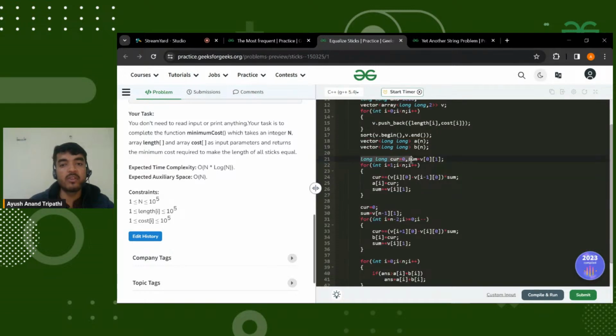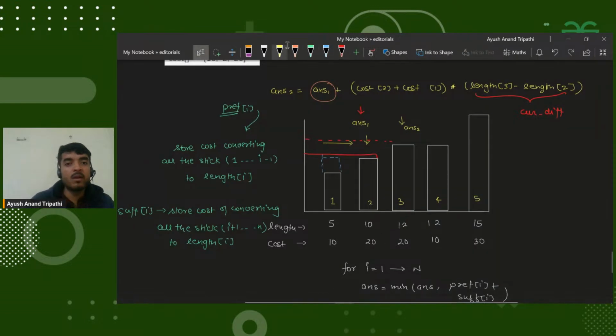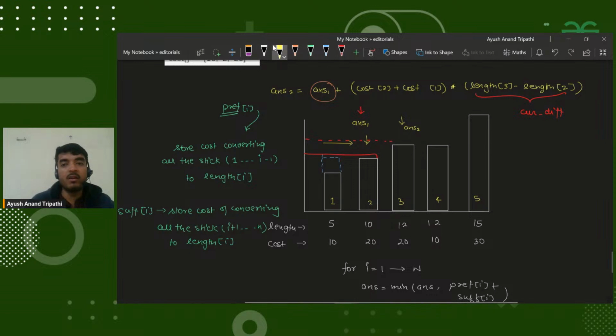Then initializing current with 0, and here current will store the cost of converting all these things to the ith stick, and then the sum, right? Basically for this I wanted to know what is the cost for every ith string. I wanted to know the previous cost of sticks. Basically the cost for every stick i,